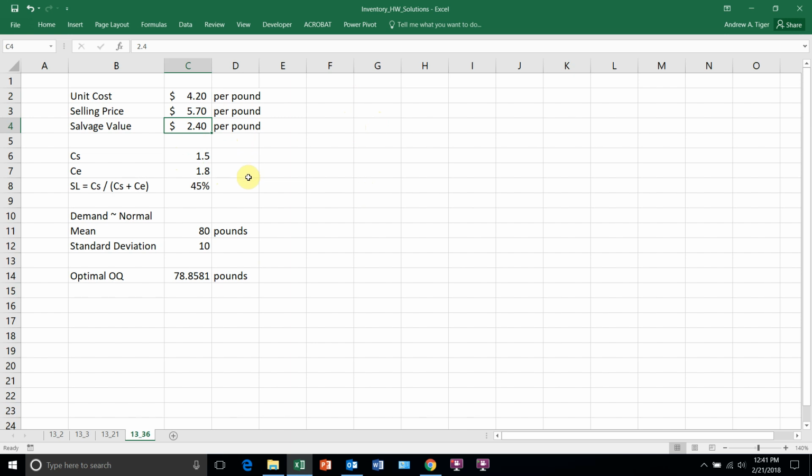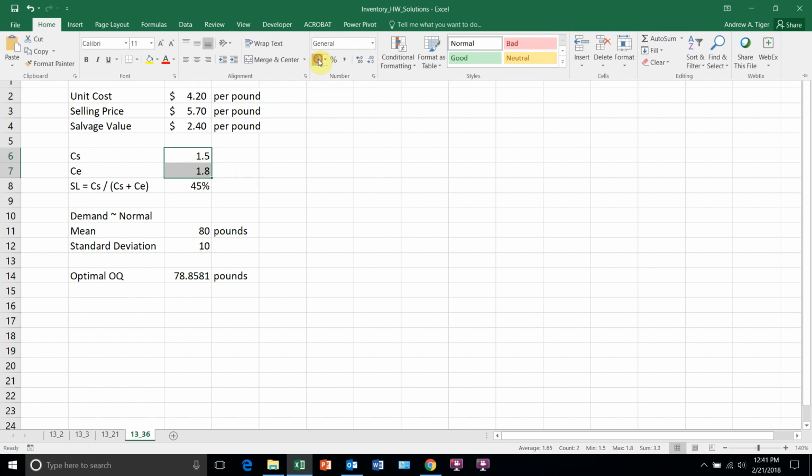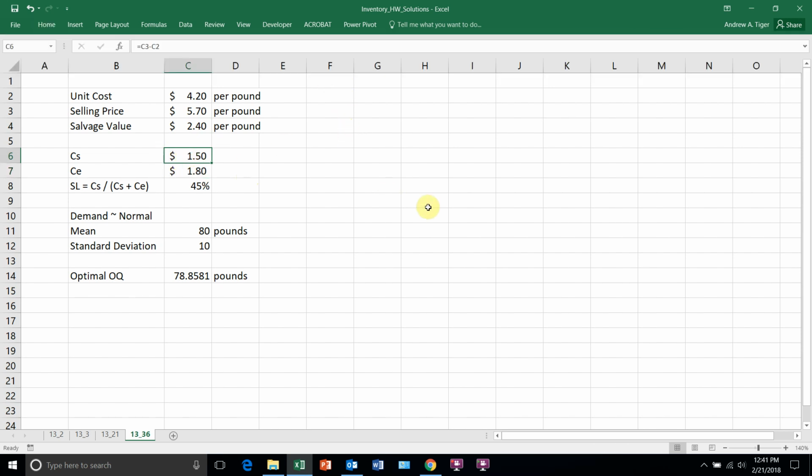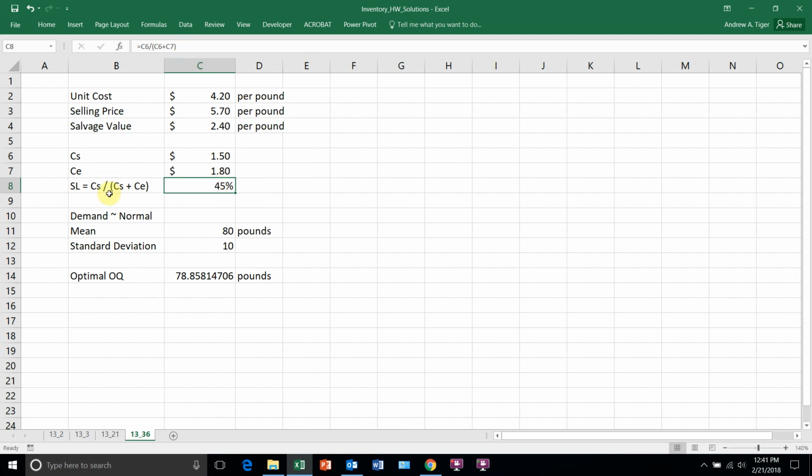So we need to calculate the two cost drivers, the cost of being short. So these are also dollar amounts. This is what it costs you per pound for every pound that you don't have. This is the cost of having too much. The cost of having too much is the unit cost minus the salvage value. The cost of being short is the selling price minus the unit cost. From these, we can calculate the optimal service level. So this says that you should target to have a service level of 45%. It's the cost of being short divided by the cost of being short plus the cost of excess in the